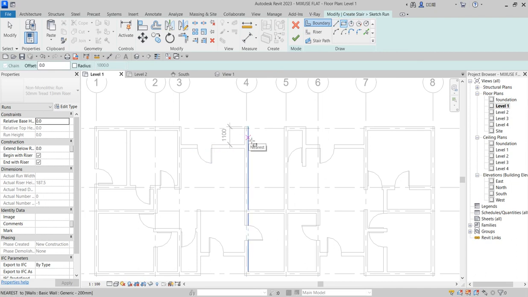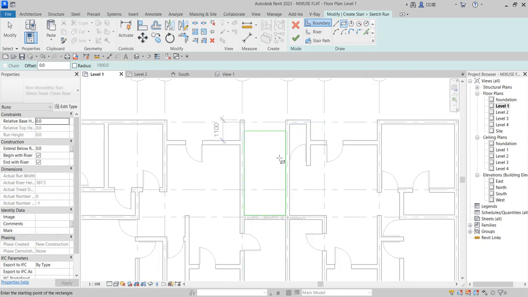Our boundary will be the one that will specify what type of design we want to do, because this kind of staircase is not a straight or dog leg staircase. So this one is going to have some kind of, you start from the middle, you end up in the middle because of the upper floor to have access to it. So you click on that, then you click on